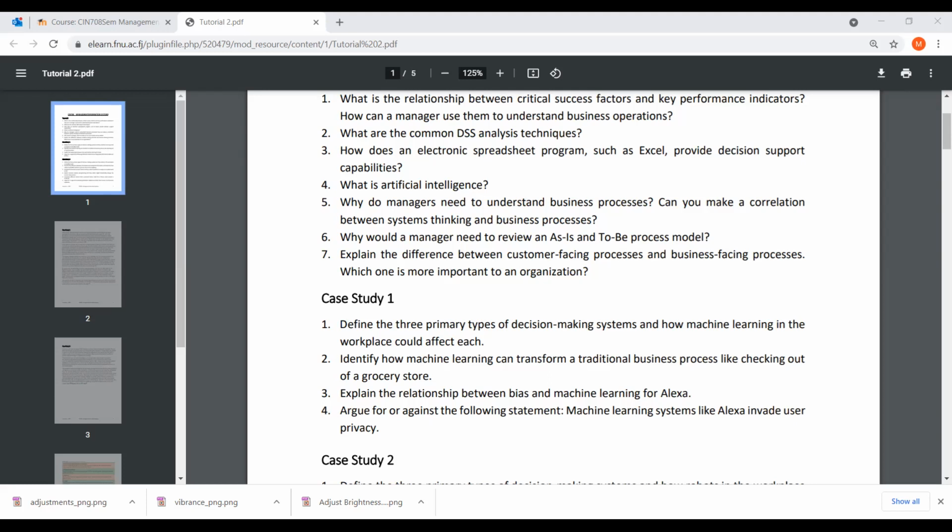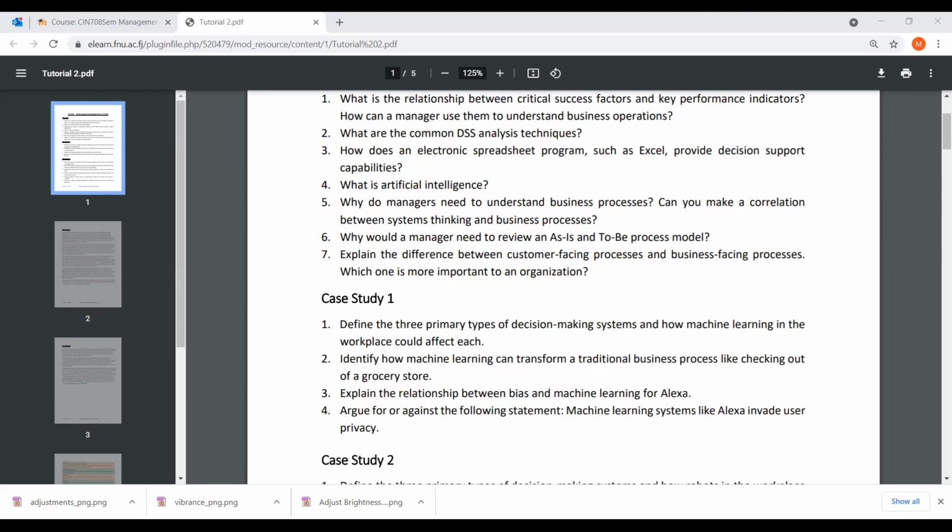All right, okay. The three primary decision makers are operational, managerial, and strategic. Operational decision makers work at the very lower level of the organization, and they ensure that activities are running on a day-to-day basis. Managerial will most likely be the supervisors or regional managers and so forth. And the strategic decision makers would be like the chief financial officer, chief executive officer, chief information officer, and so forth.